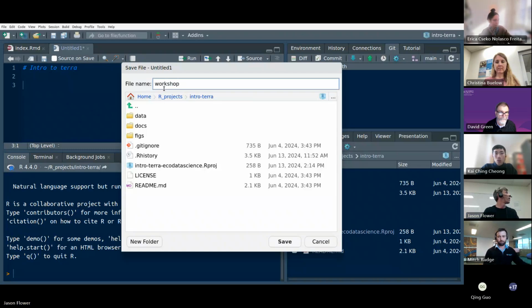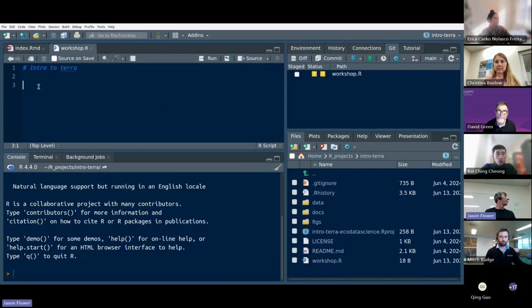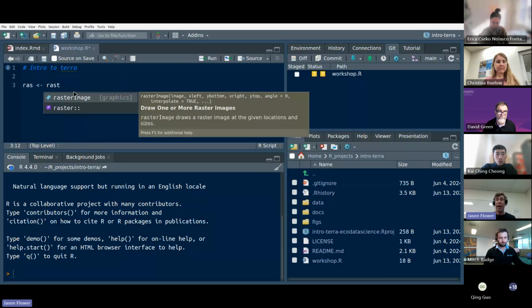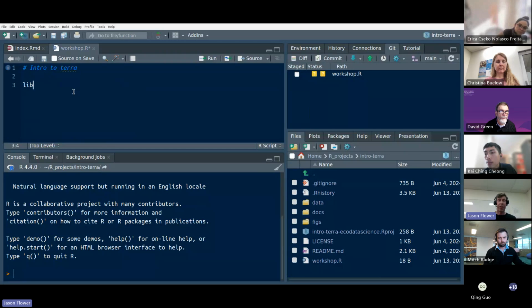Workshop. Okay, so all I've done is started up an R document, saved an R document, and I'm going to make my own raster to start with. It's not very often you actually do this, but I'm going to do this as an example of how you can and the possibilities you've got with rasters. So to make a raster or to load a raster, first thing I need to do is actually load the package. So we load Terra